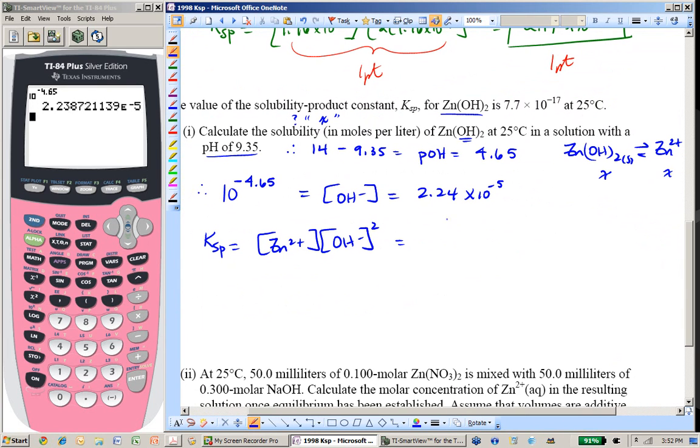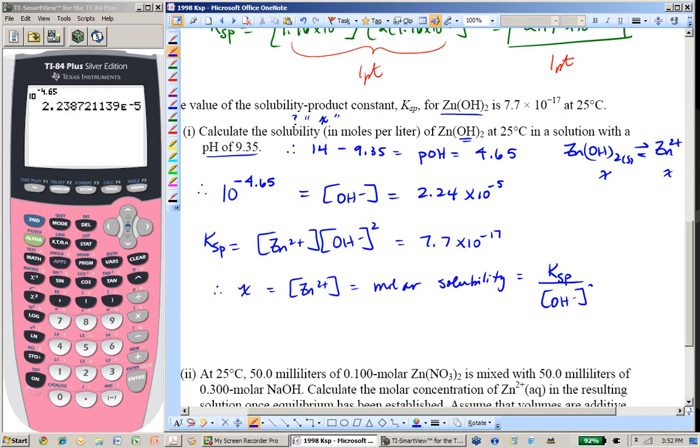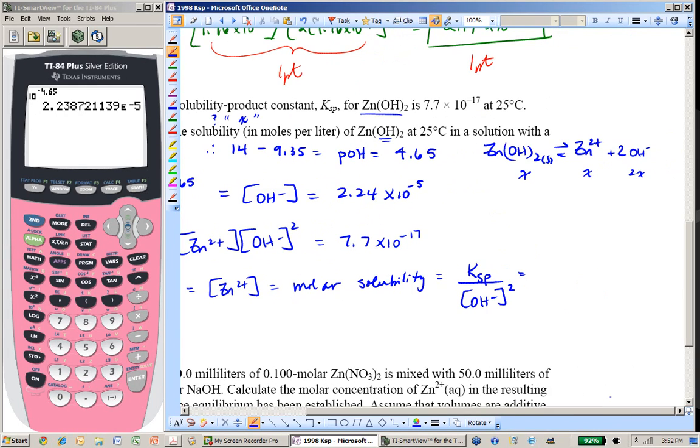So this is equal to the number they gave us, 7.7 times 10 to the minus 17. Therefore, x is equal to the concentration of zinc ion, which is equal to the molar solubility. There, molar solubility is equal to the Ksp divided by the concentration of the hydroxide ion quantity squared, which is equal to, now do the math,